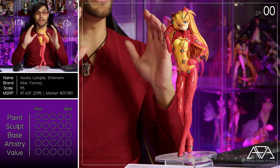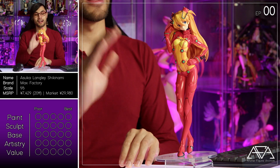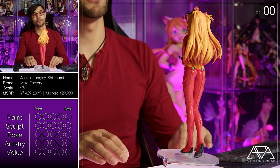I'm Senpai, and today we are taking a look at my very first Grail figure ever, and this is Asuka Shikinami from Max Factory. This is from the Evangelion 2.0 rebuild. Now this came out in 2011. It is a 1/6 scale and had an MSRP of